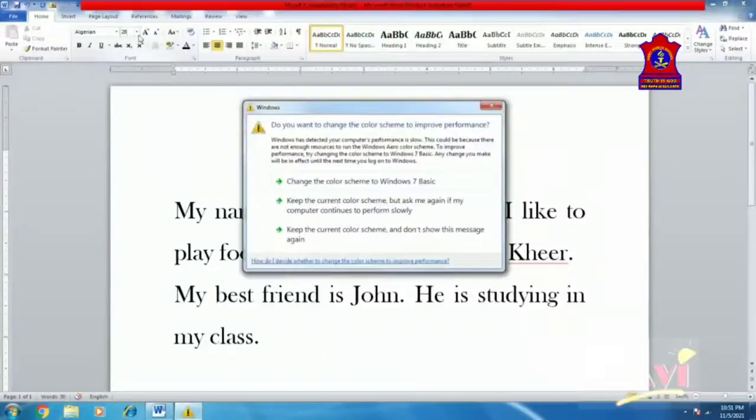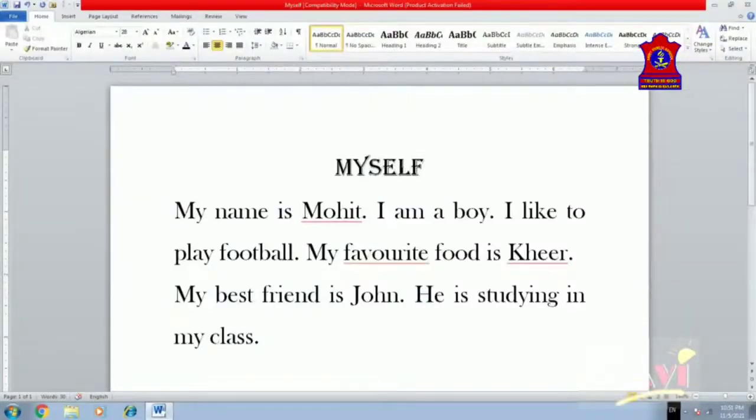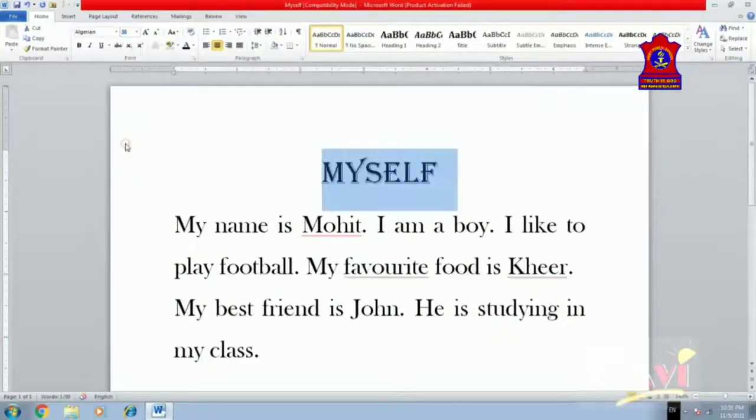If I want to decrease the size of the font, what I need to do, I need to select the text, go to the font group and see here you can change the size of the font. I'm just increasing the size here. So you can increase or decrease the font size by just selecting the text. Click on Home tab and click on the down arrow of the font size. Click on the size you want to use. Okay, so it's very simple.